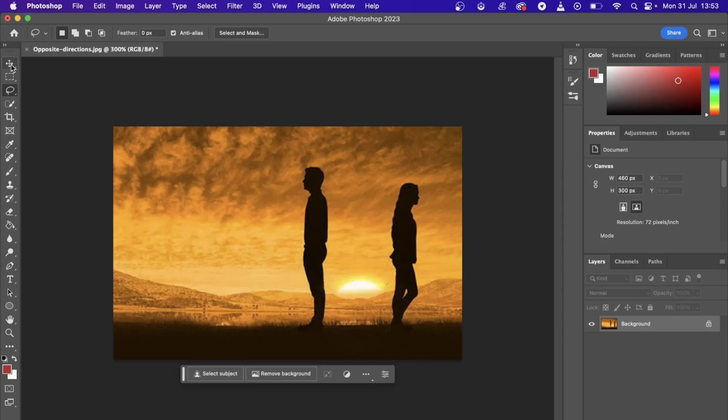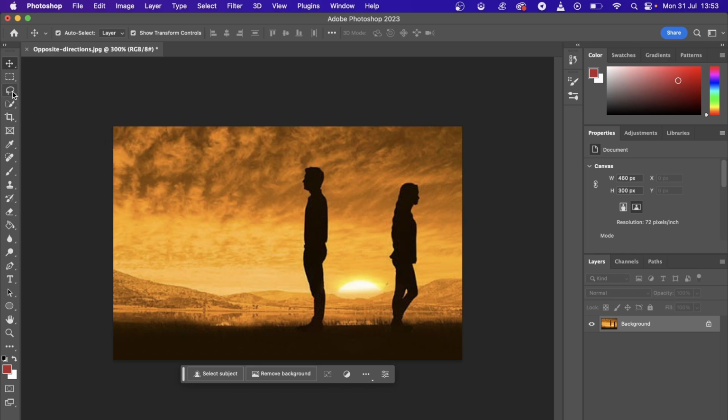In this video, I'm going to be showing you how you can remove an object from a picture in Photoshop, okay? So it's pretty straightforward and simple. So I have an image right here with two people, one on the left, one on the right hand side. So if I want to remove this person on the left hand side, all I have to do is go